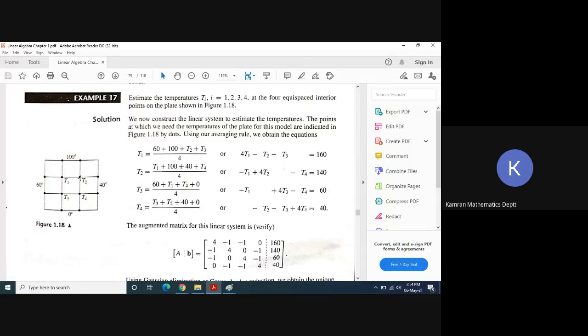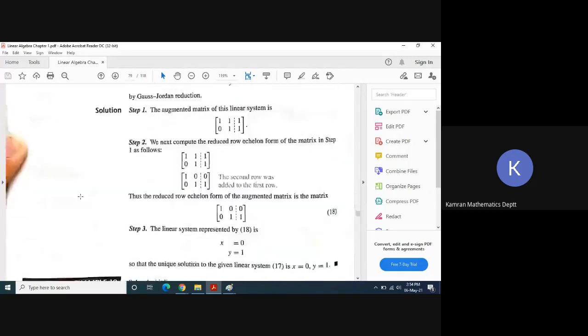Similarly, in order to estimate T2, we have to take the average value of T4, 40, 100 and T1. So you will get this equation, and similarly for T3 and similarly for T4. So in question number 55,